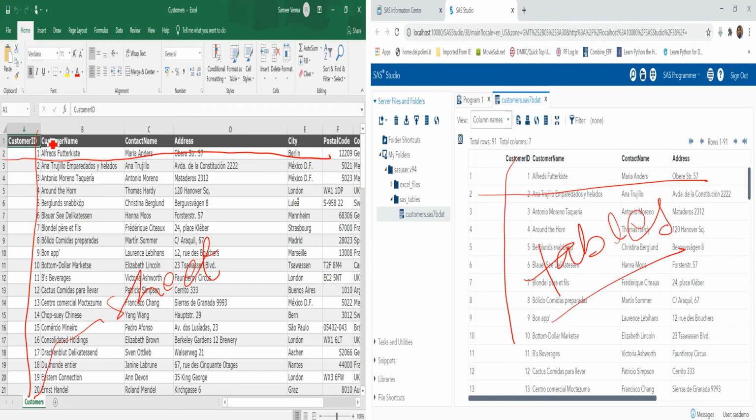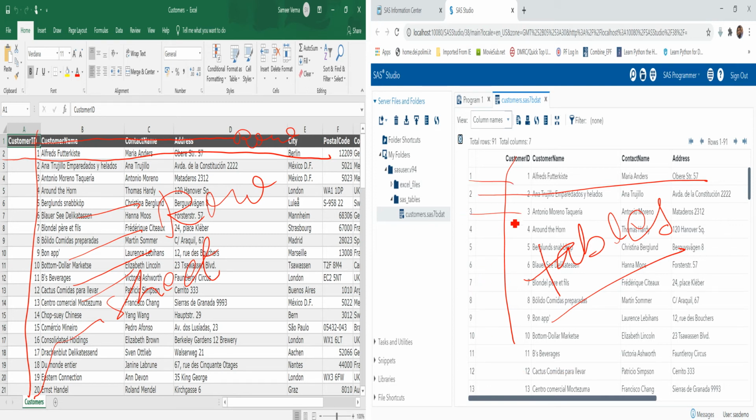Here, this part is known as rows. In SAS it will be called an observation. If you take any row, any line, that will be called a row here, and referred to as an observation in SAS.